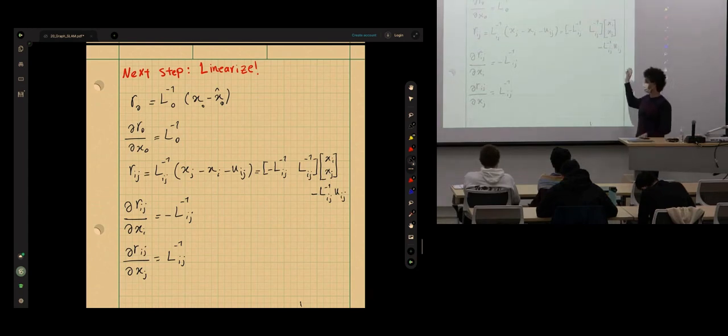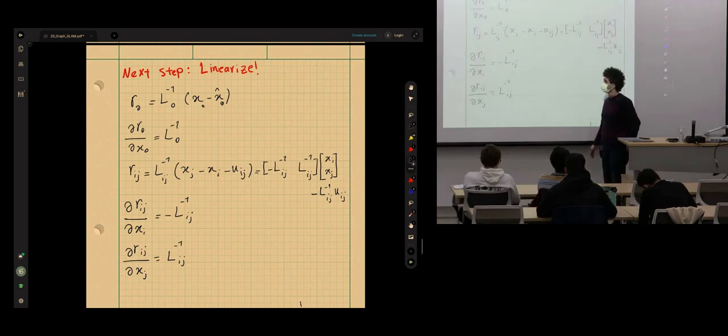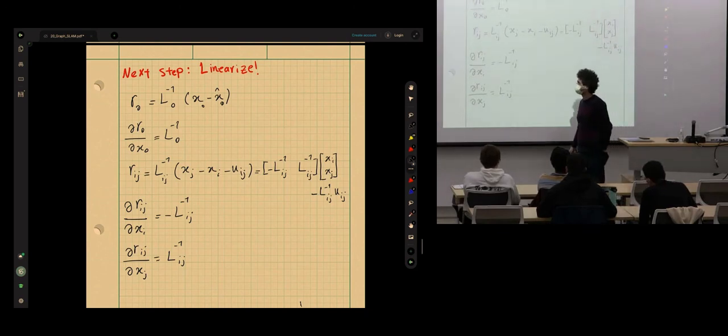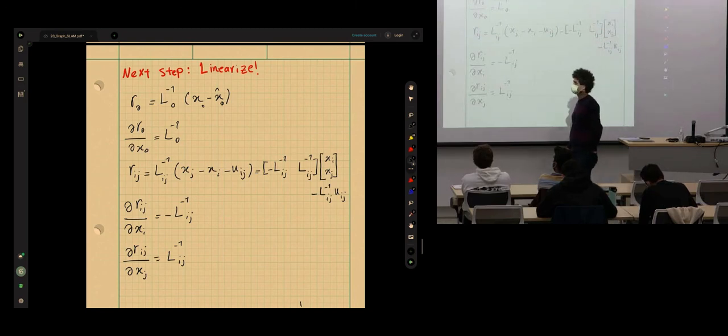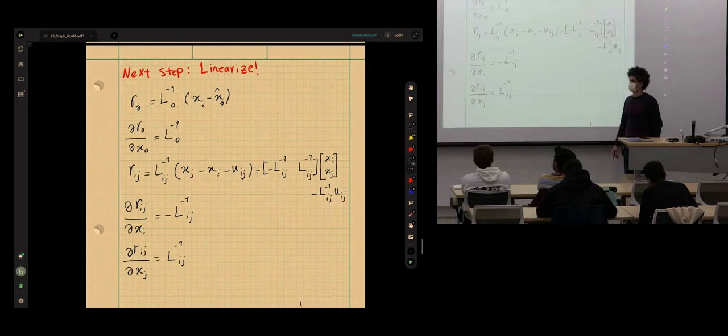So it's the same thing. This will make it easier to construct the Jacobian. When we were initially talking about the formulation for the prior, for example, where we have x hat and x, we said that the order doesn't matter because it's in the norm. So it doesn't matter if you have one subtracting the other. When we start linearizing, does the order matter? Because then the Jacobian is negative L0.